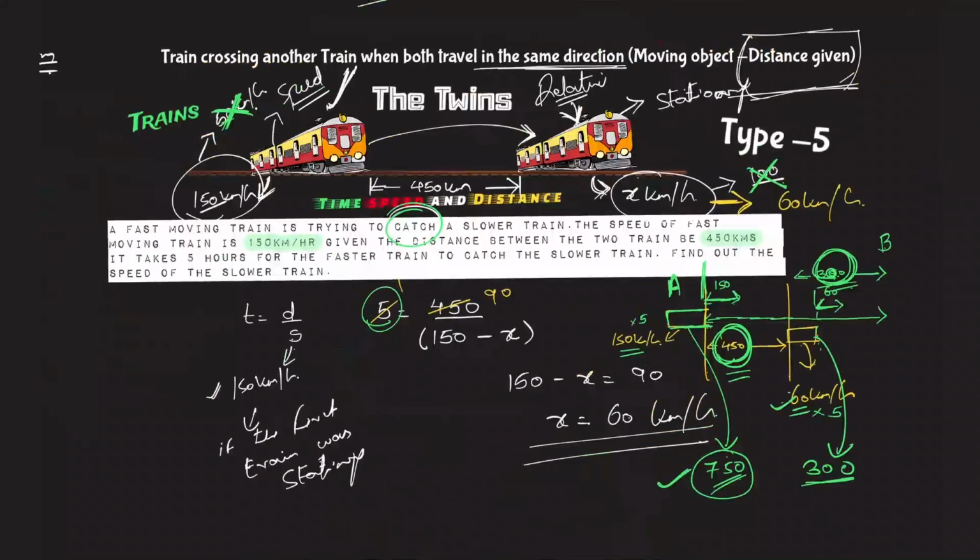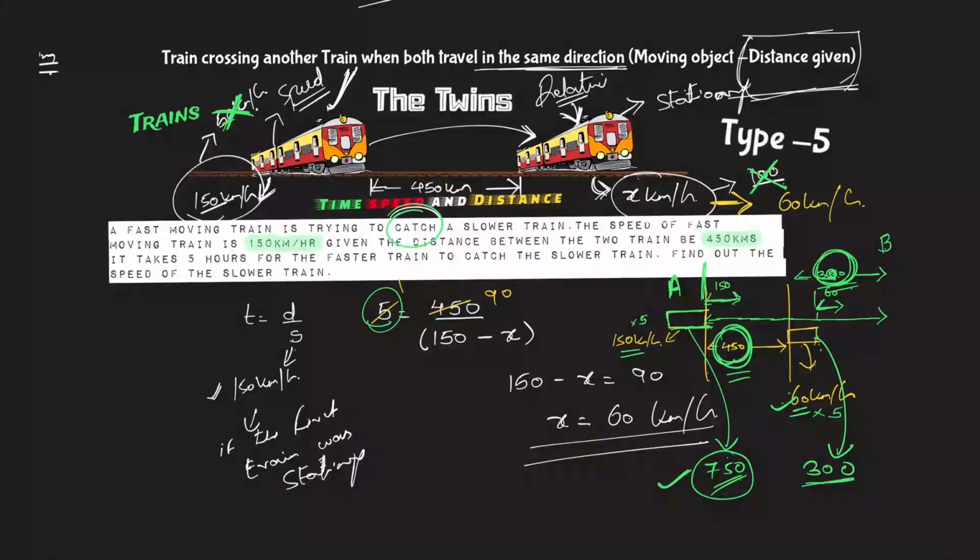Then we came into the twins, two trains traveling in the same direction, but distance between them is given. And when will another train not cross over, but catch the other train? You will subtract the speed here. Why? Because one train is killing the speed of the other train because it is subtracting it. If the second train is traveling, the first train is also traveling. So the second train is traveling relative to the speed of the first train,